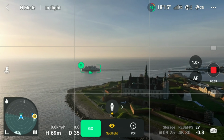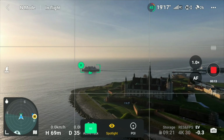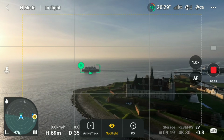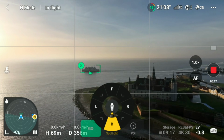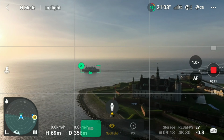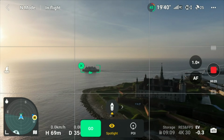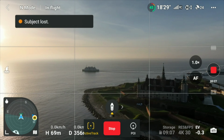So this one is a new one. And as you notice, you can actually see that it's a ship. Look at the icon in the middle of the screen here, it actually shows that it's a ship. And I'm a little afraid that I would fly over the castle, which I shouldn't do. So let's just see if